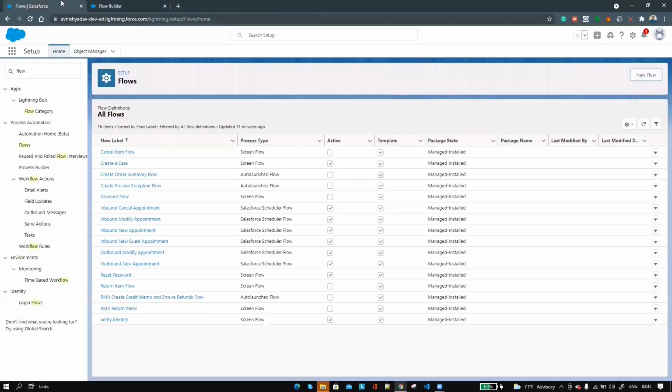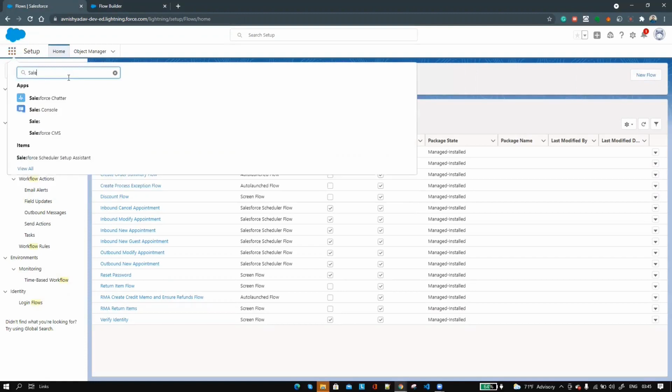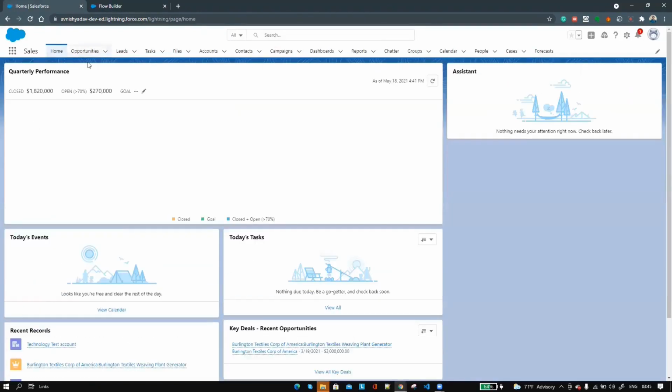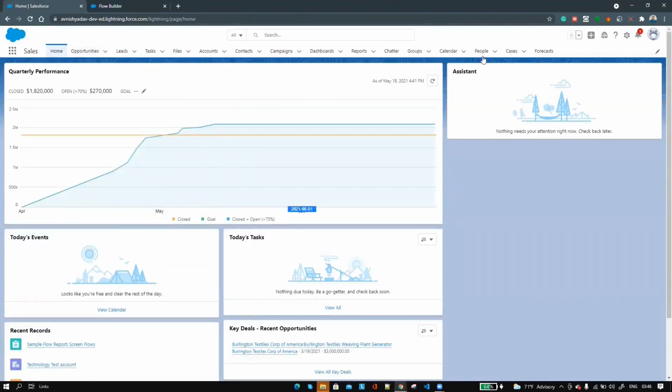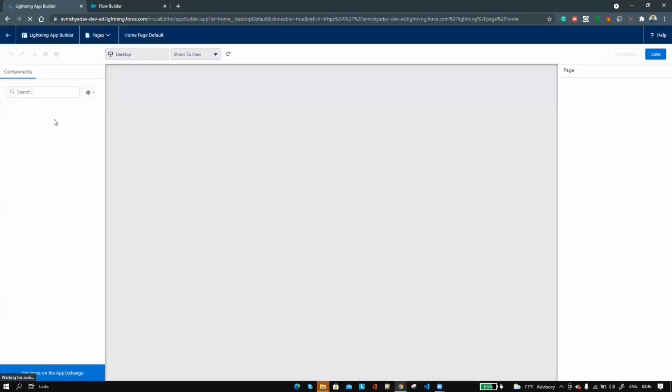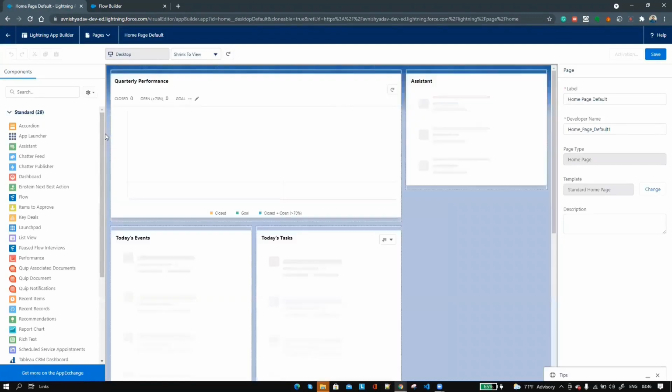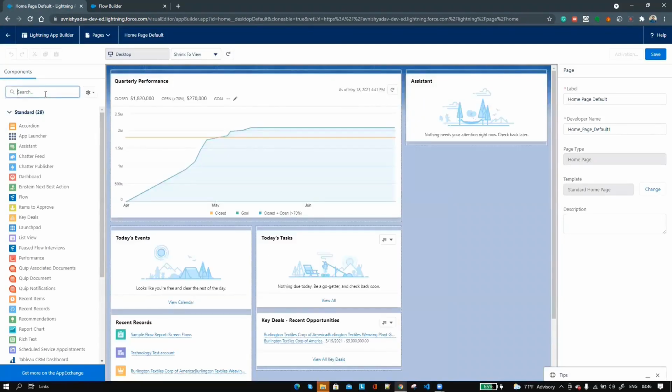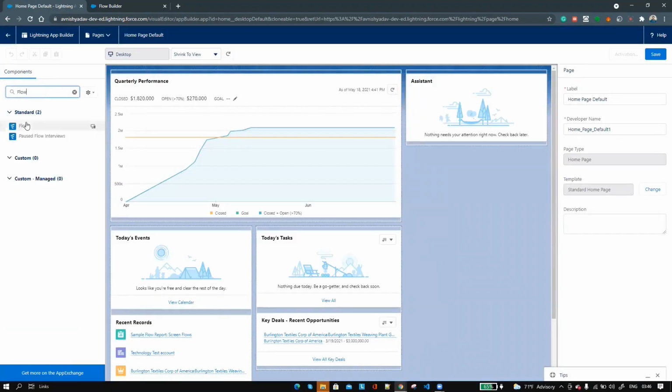Now let's go to the Salesforce home page and add our flow there. We're going to search for the sales app, click there. On the home page, let's add our flow by clicking on the gear icon, click on edit page. On the search, let's search for flow.